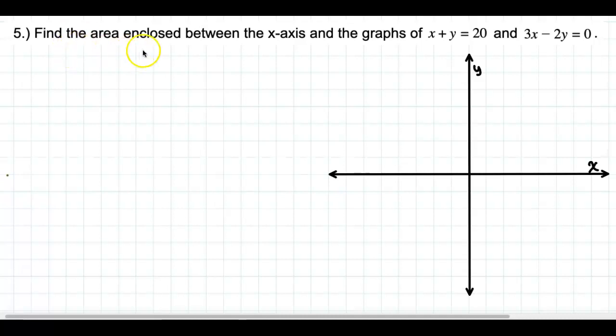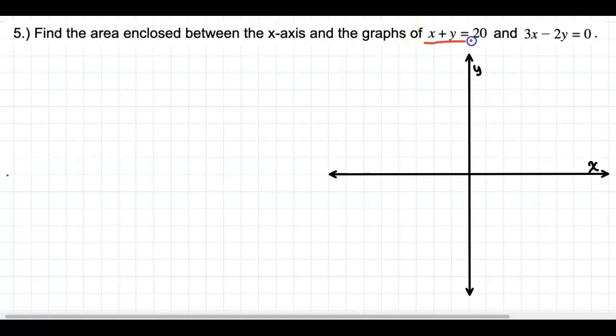Alright, so we need to find the area enclosed between the x-axis and these graphs here, between the x-axis and those graphs. So I'm assuming that there's some kind of a triangle that's going to be formed. Okay, so let's just look first at